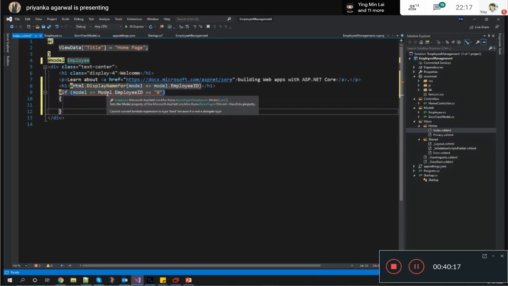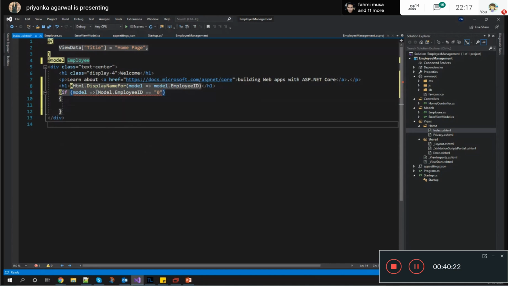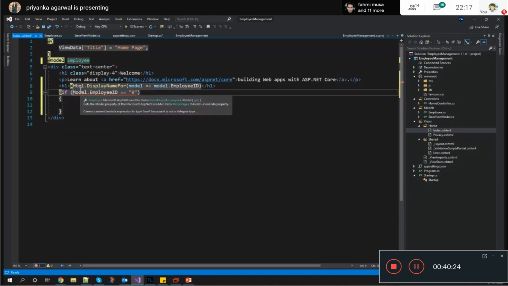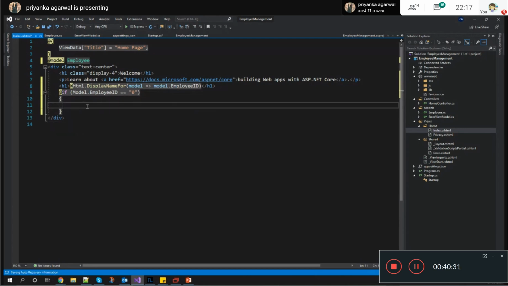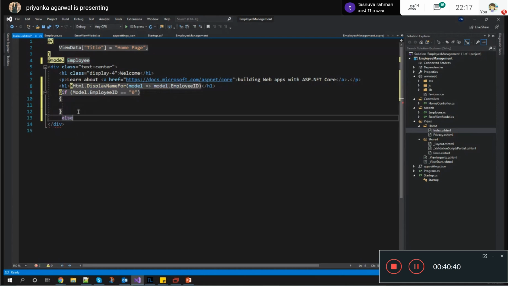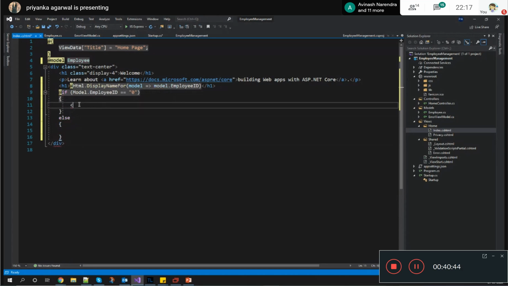This is giving error. Cannot convert lambda expression to type bool because it is not of a delegate type. Okay, I've done the lambda expression. That's why. So let's just say, see, so if I say that I want to perform some application for the super user only, for super user, I want to give an option to show, let's say, reports. And if the super user is not there, then I want to give them an option for something else, right? So I want to add an H1 with super user reports, and else I don't want to give them a